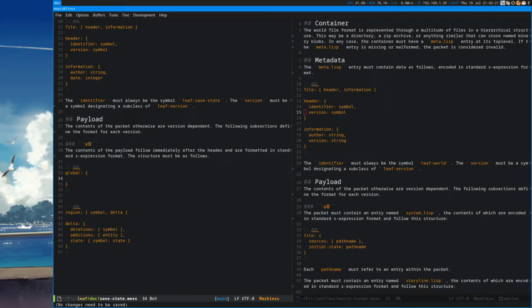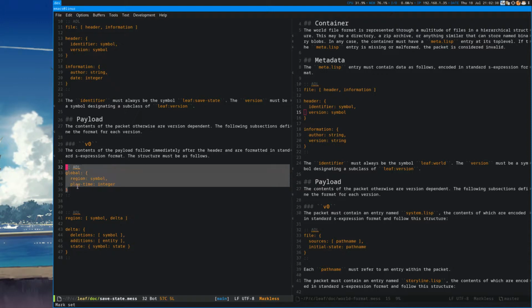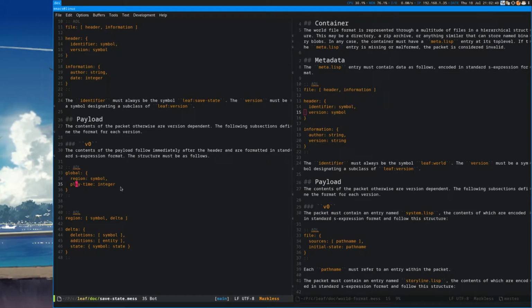Hmm. Yeah, I'm gonna keep the global file open-ended so you can add stats and whatever in there. It's fine.